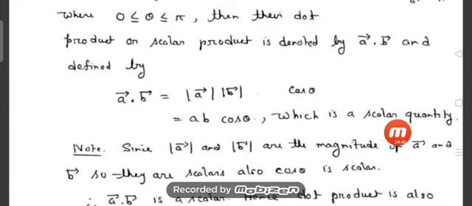Hope you understand the dot product of two vectors. For the dot product of two vectors a bar and b bar, we use the symbol a bar dot b bar, and the definition is given by modulus a, modulus b, cos of the angle between the vectors. So this is the definition. And as we have seen, modulus a bar and modulus b bar are magnitudes of the vectors, so they are scalar quantities, and because of that, as a whole, this quantity is scalar, and so it is known as a scalar product also.